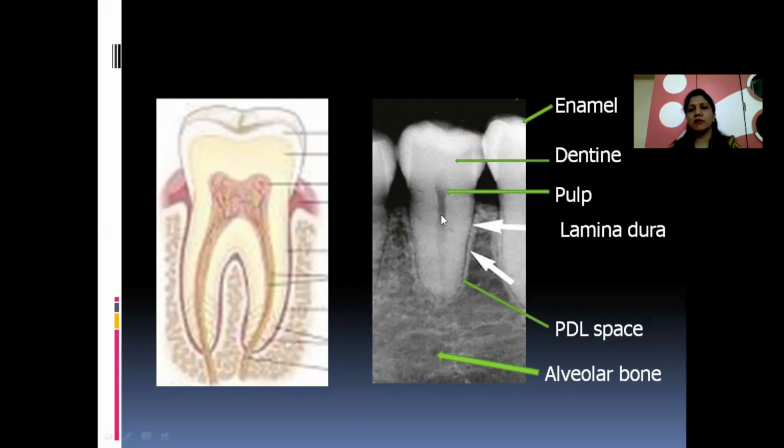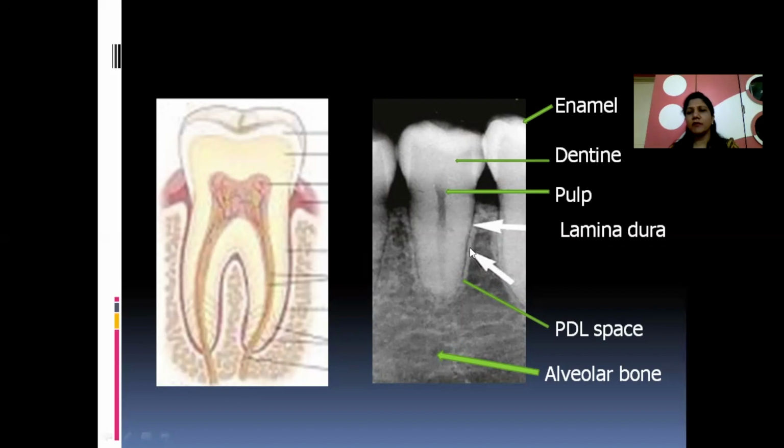Then pulp is a soft tissue structure and appears radiolucent. Now the coronal dentine is covered all around by the cementum, but cementum is not appreciated in the radiogram. Though it is present, we cannot appreciate it because it is very thin. The thin layer of cementum covers all over, plus the density of cementum is comparable to the dentine and the alveolar bone, so it cannot be appreciated though it is present. So I have not mentioned cementum over here.